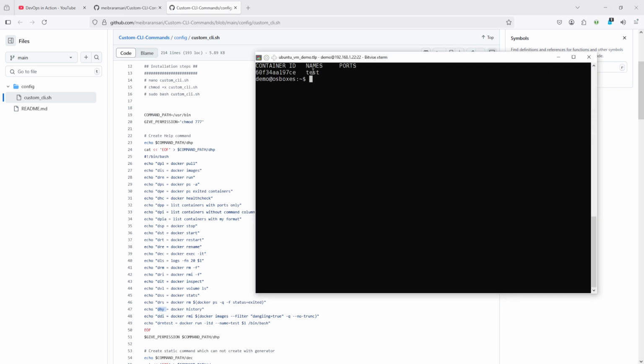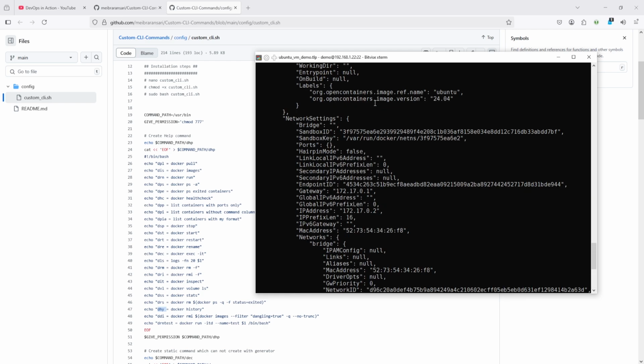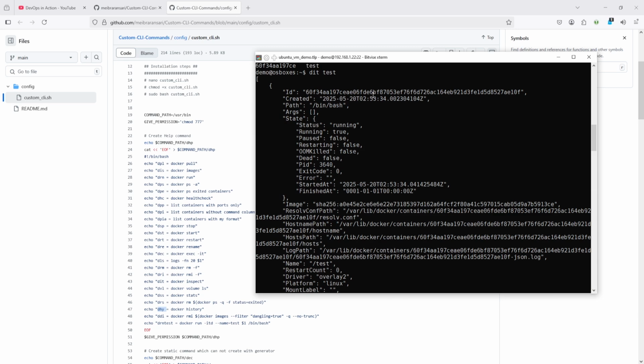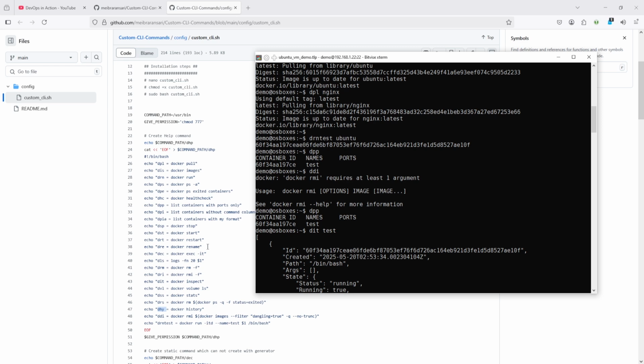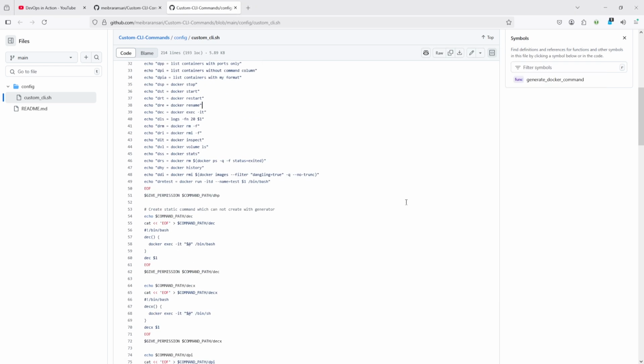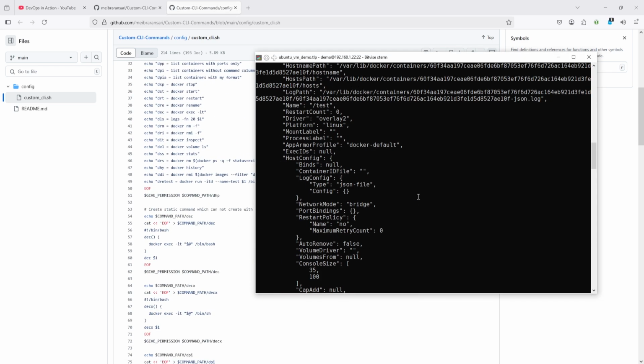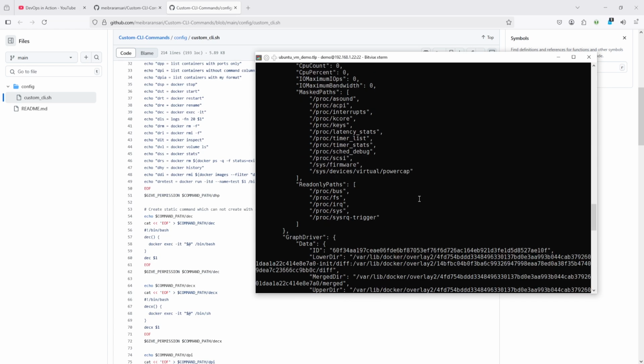Right now the test container is running, and I want to inspect it. So for that I am using the dit command. You can see here docker inspect. Instead of typing docker inspect and the container name, simply type dit. There are a lot of shortcuts added here, but my purpose is to show you that you can create your